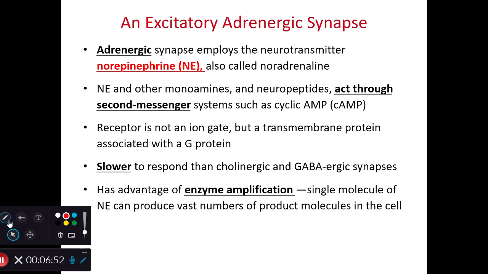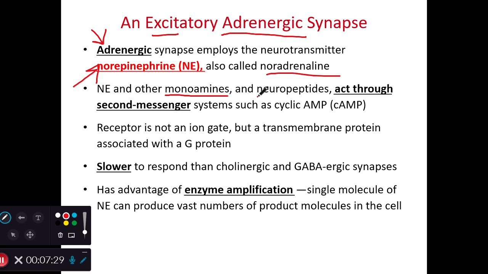Okay, let's focus on our adrenergic synapses. When we think of adrenergic synapses, I want you to think of them as primarily excitatory. They rely frequently on norepinephrine, occasionally epinephrine. NE is also known as noradrenaline. Generally speaking, and this may be an oversimplification, I think of the European versus the American terminology. Norepinephrine is a monoamine